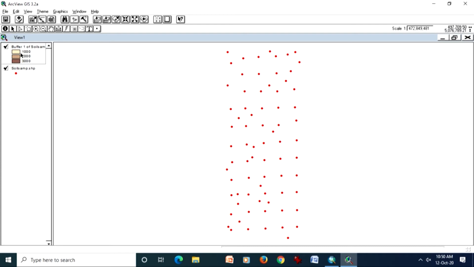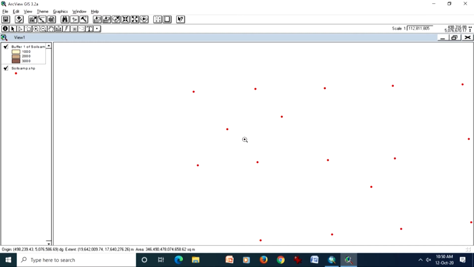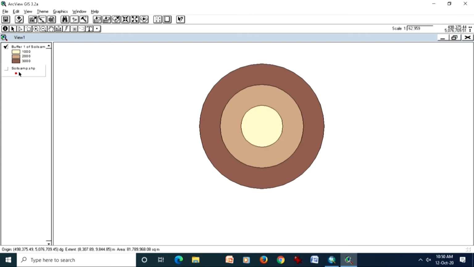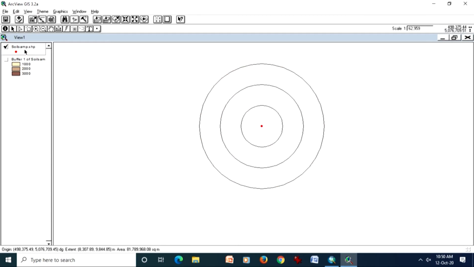Now see, the buffers have been created, and if we zoom, because it depends on the units, you know. If we zoom, we should be able to see buffers have been created like this. So around different points, we can create buffers, multiple buffers also, and some more practice would be required to have full control over these software. Otherwise, in one go you can create multiple buffers, like here, we could do multiple buffers just for a few points.